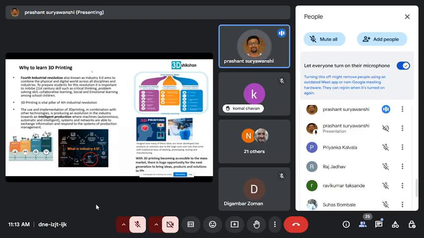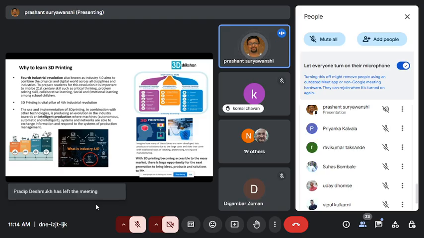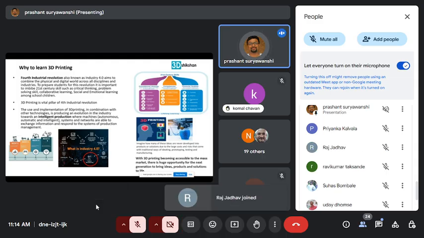I will just quickly cover this because this area might have been covered already. Right now we are in the fourth industrial revolution. The first industrial revolution was when the steam engine was invented. Industry 2.0 was mechanization and assembly line production, which started with the invention of electricity. Industry 3.0 was when the electronics industry and particularly automobiles boomed, around the 1970s. And now we are in Industry 4.0, which started from 2016. It is already 7 to 8 years.